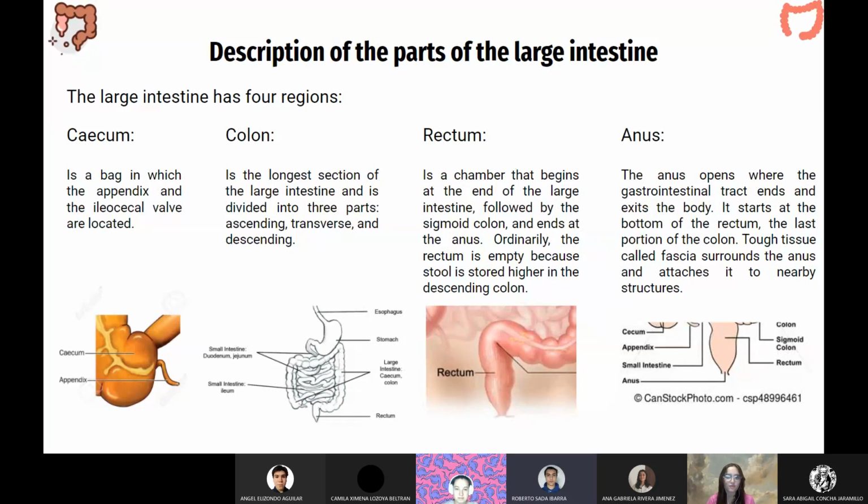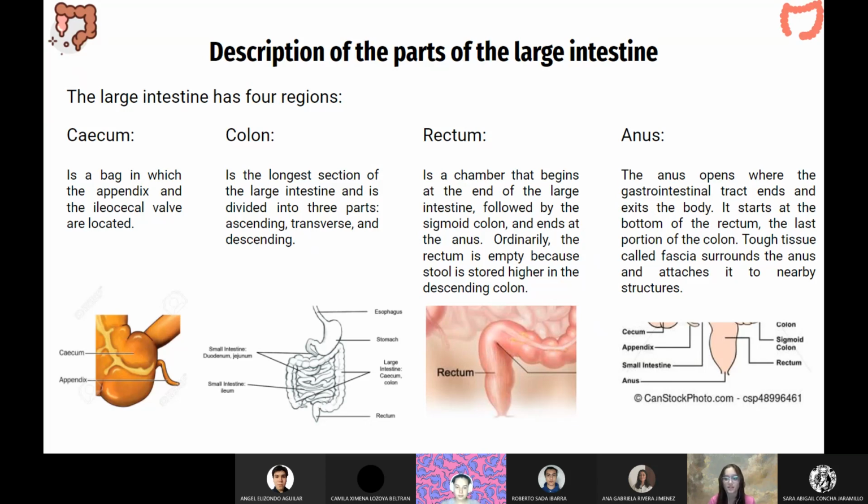Now let's talk about the 4 regions of the large intestine. Let's start with the cecum. The cecum is a bag in which the appendix and the ileocecal valve are located. Then there's the colon. The colon is the longest section of the large intestine and is divided into 3 parts: